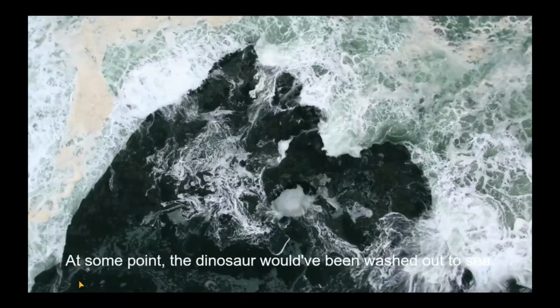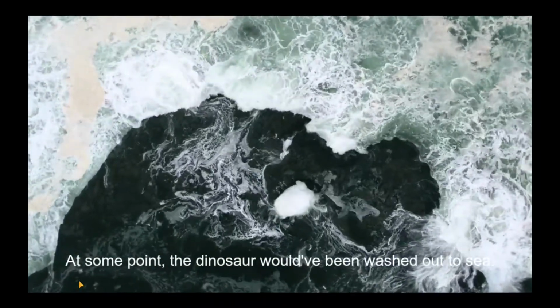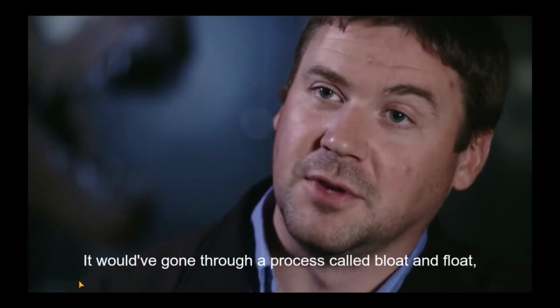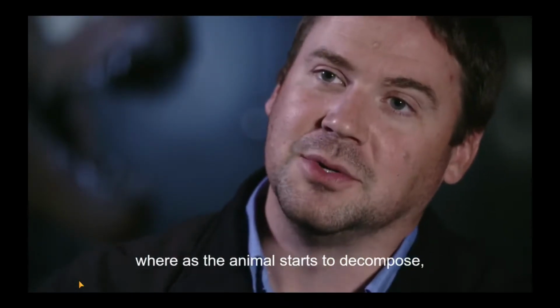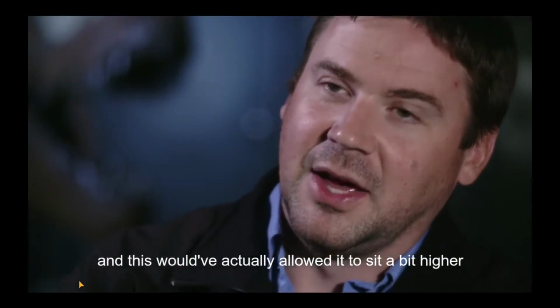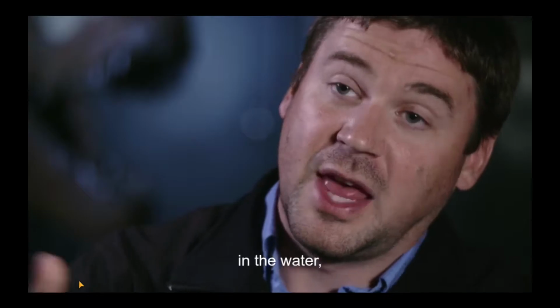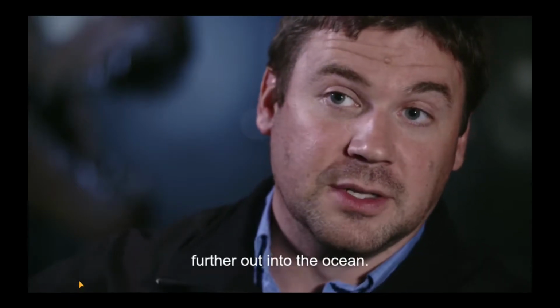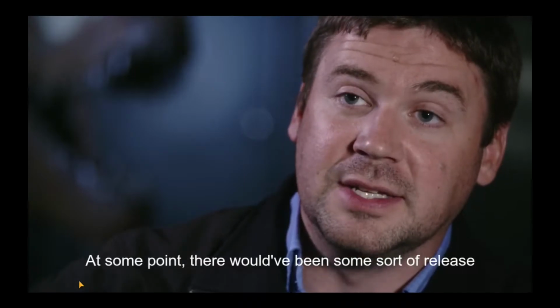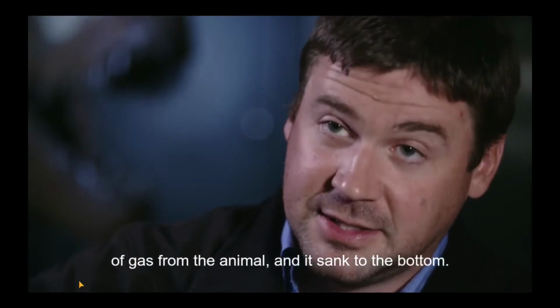At some point, the dinosaur would have been washed out to sea. It would have gone through a process called bloat and float, where as the animal starts to decompose, gases build up within the body cavity, and this would have actually allowed it to sit a bit higher in the water, and that might have actually allowed it to float further out into the ocean. At some point, there would have been some sort of release of gas from the animal, and it sank to